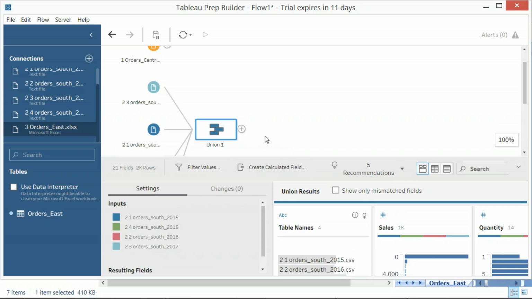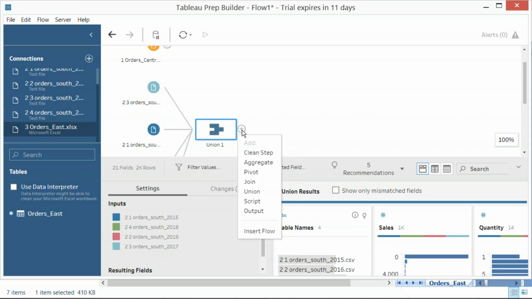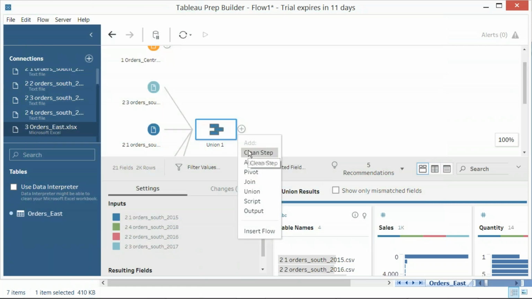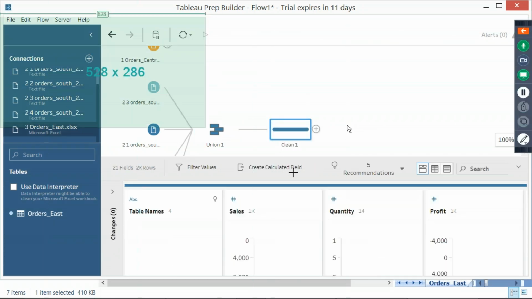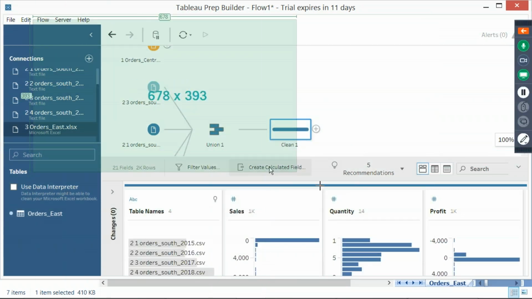For now, let's leave it as it is and left click and say clean step, because we need to add an extra column, right? To denote that all this data is from south region. I'll add a clean step, and in this clean step, say create calculated field.